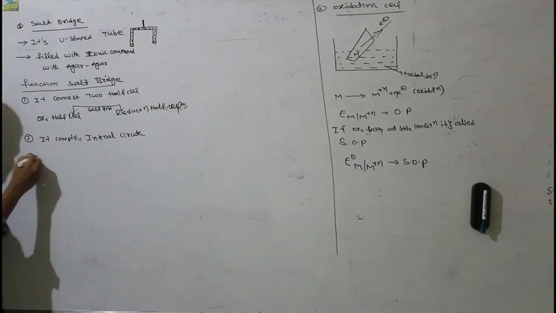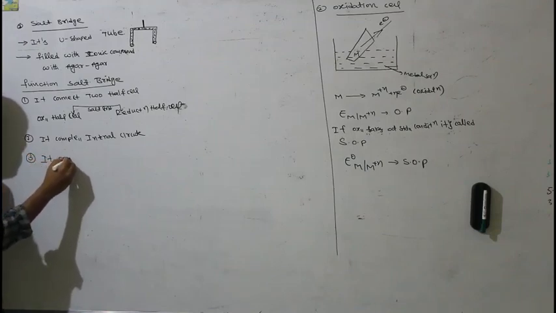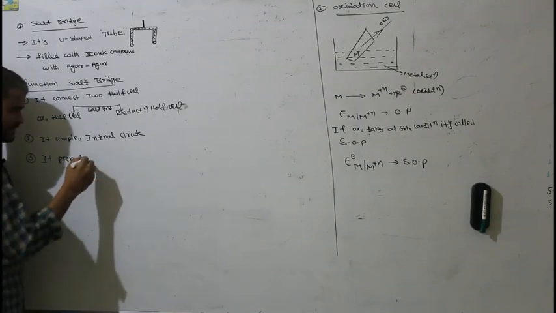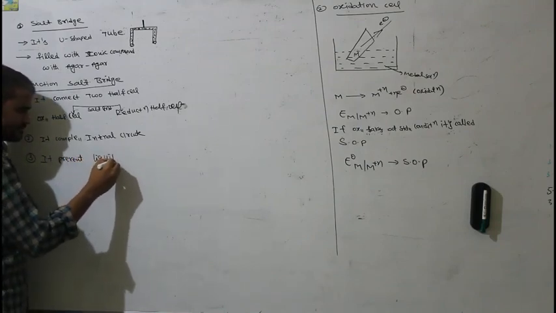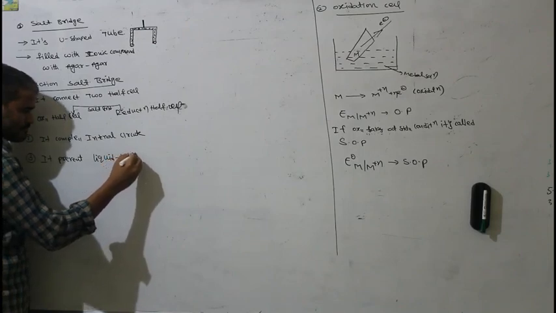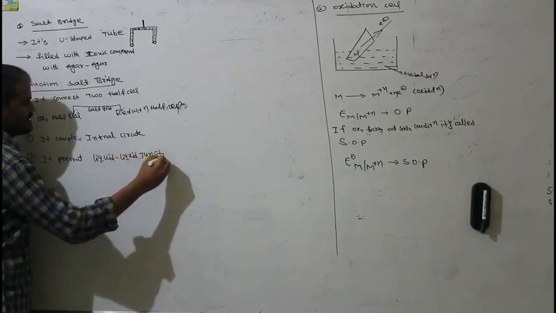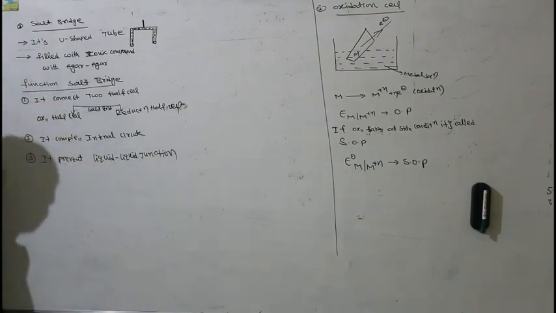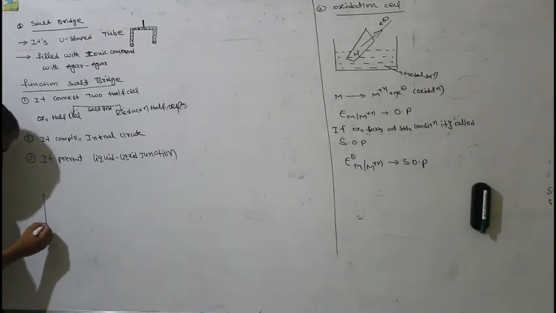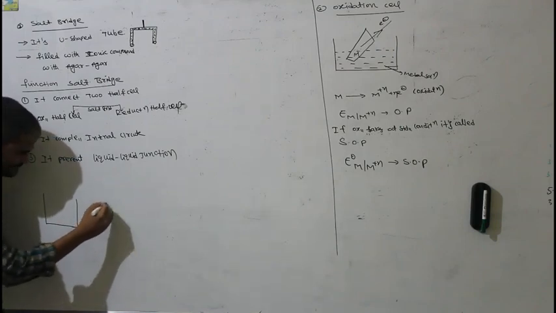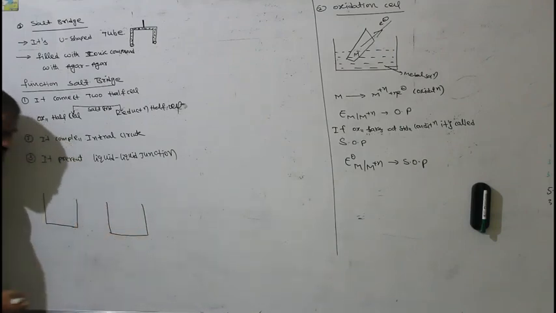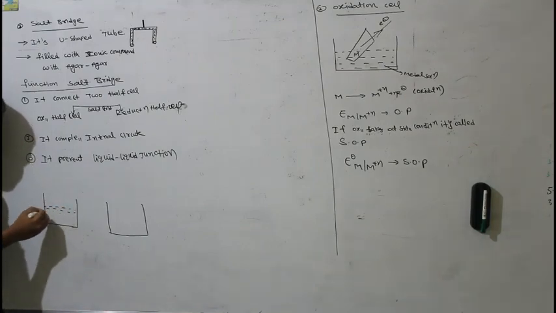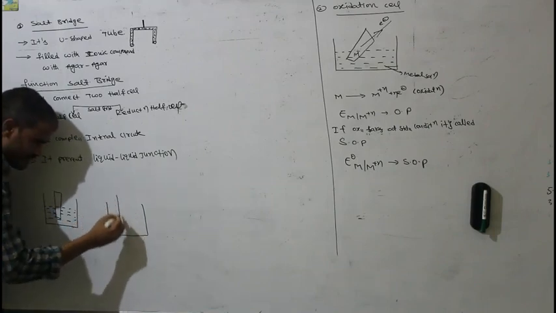Next, the third one is important. It prevents liquid-liquid junction. We'll see now what is meant by liquid-liquid junction. Simple. Here we have a half electrode, the oxidation half cell, and here we have another half cell which is reduction. Here we will place one metal with its aqueous solution. Here we are placing one more metal with its aqueous solution.